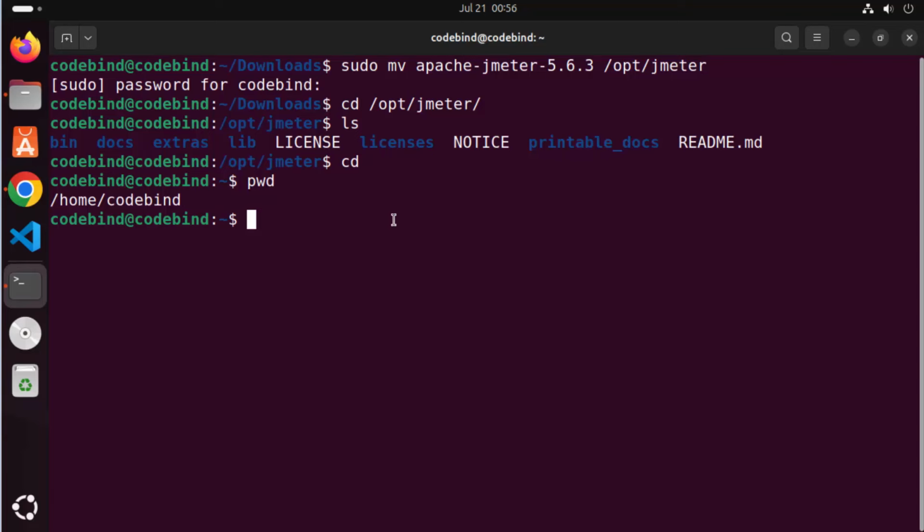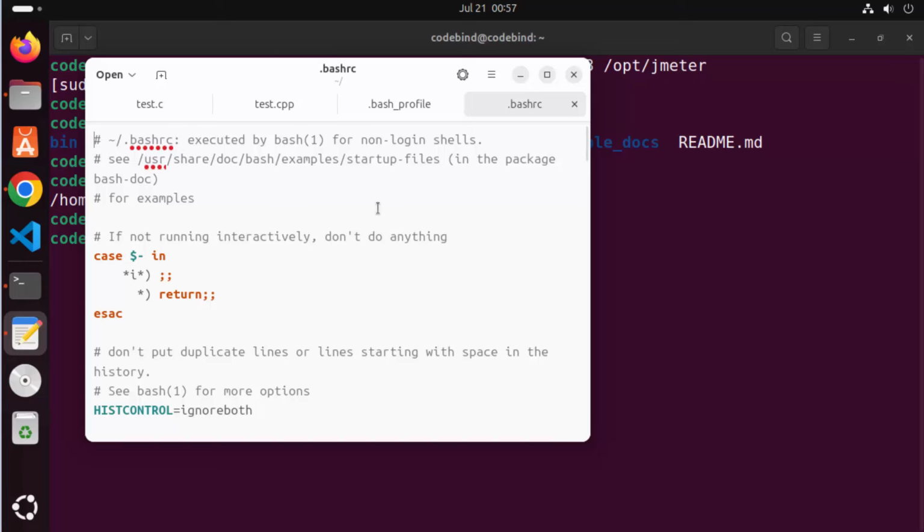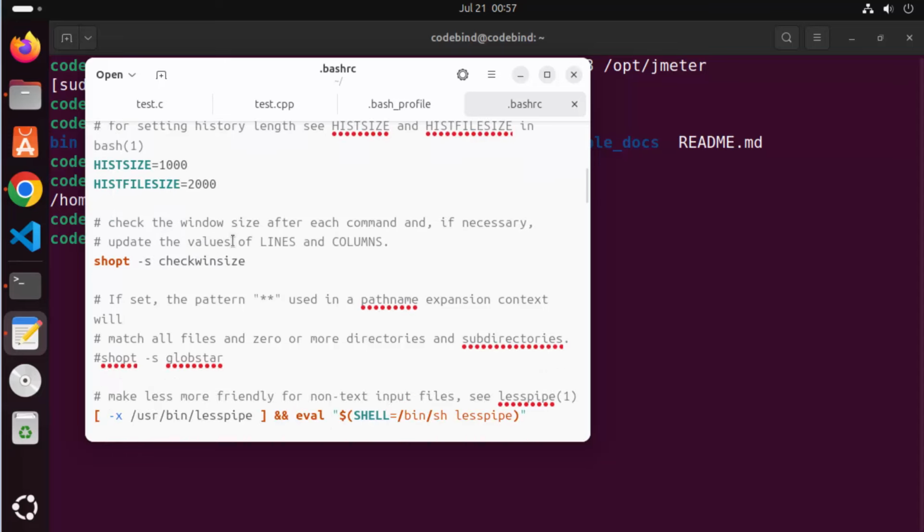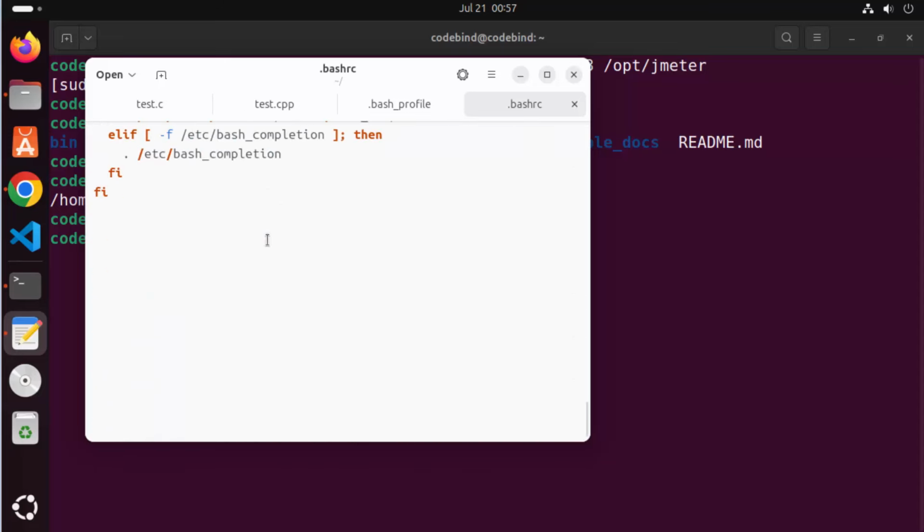And here there is a .bashrc file which we are going to edit. So to open the .bashrc file, just write open and then space and then .bashrc here and then press enter, and it's going to open this file, and you will see some environment variables already set there, and then just go to the very bottom of this file, and here we are going to write export PATH in all capitals.